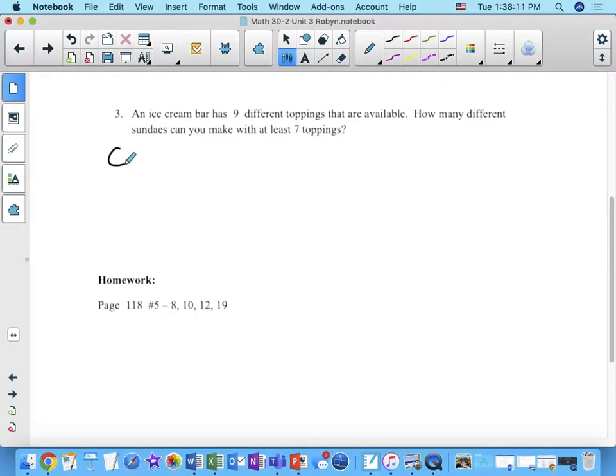So case 1 is 7 toppings. Or what else is at least 7? 8. Or case 2 is 8. That works for at least 7. Or what else works for at least 7? 9. Or case 3,